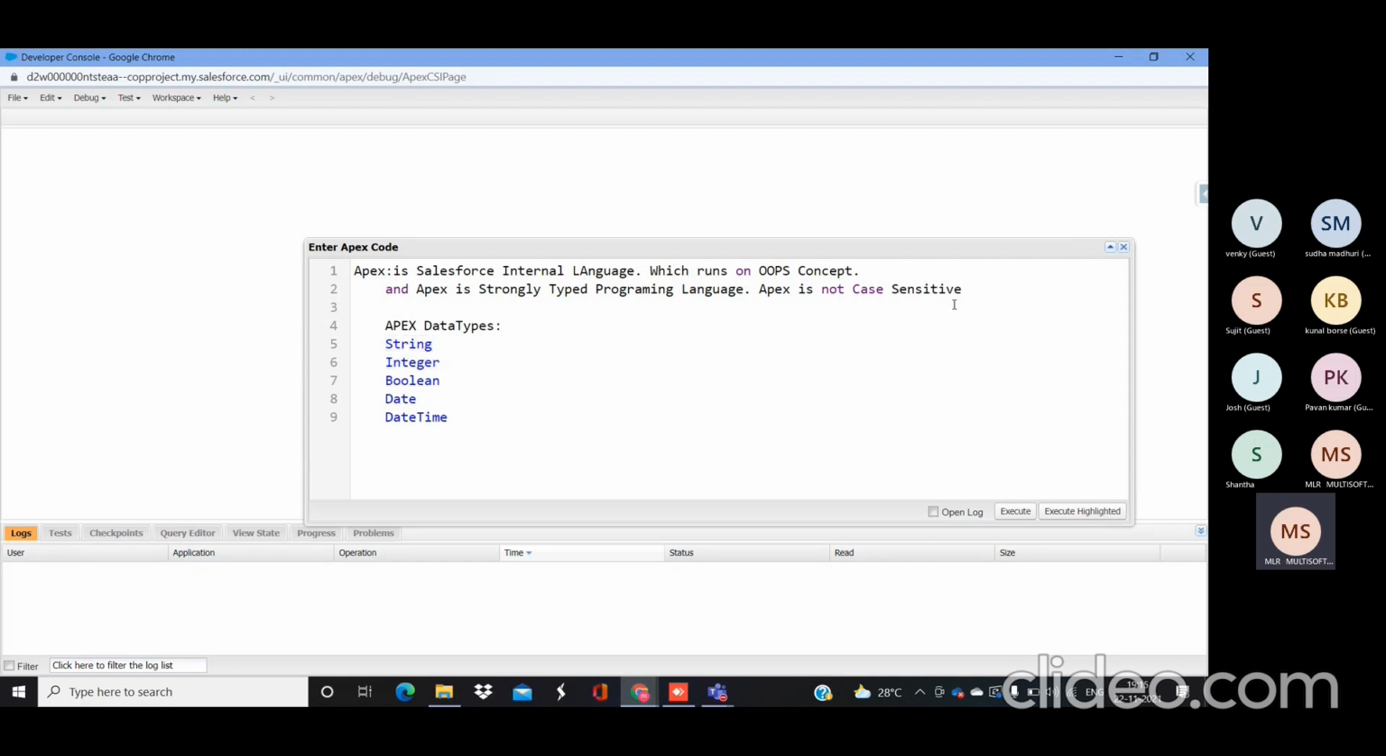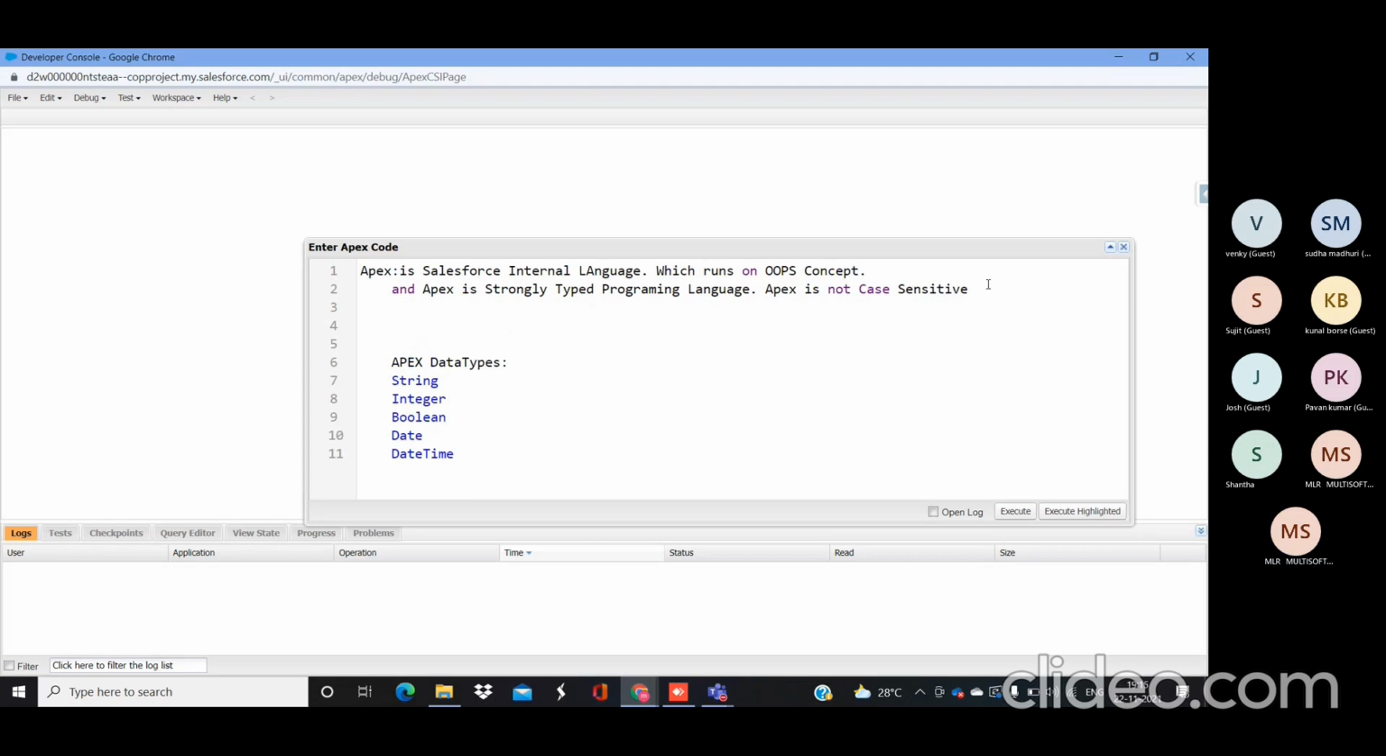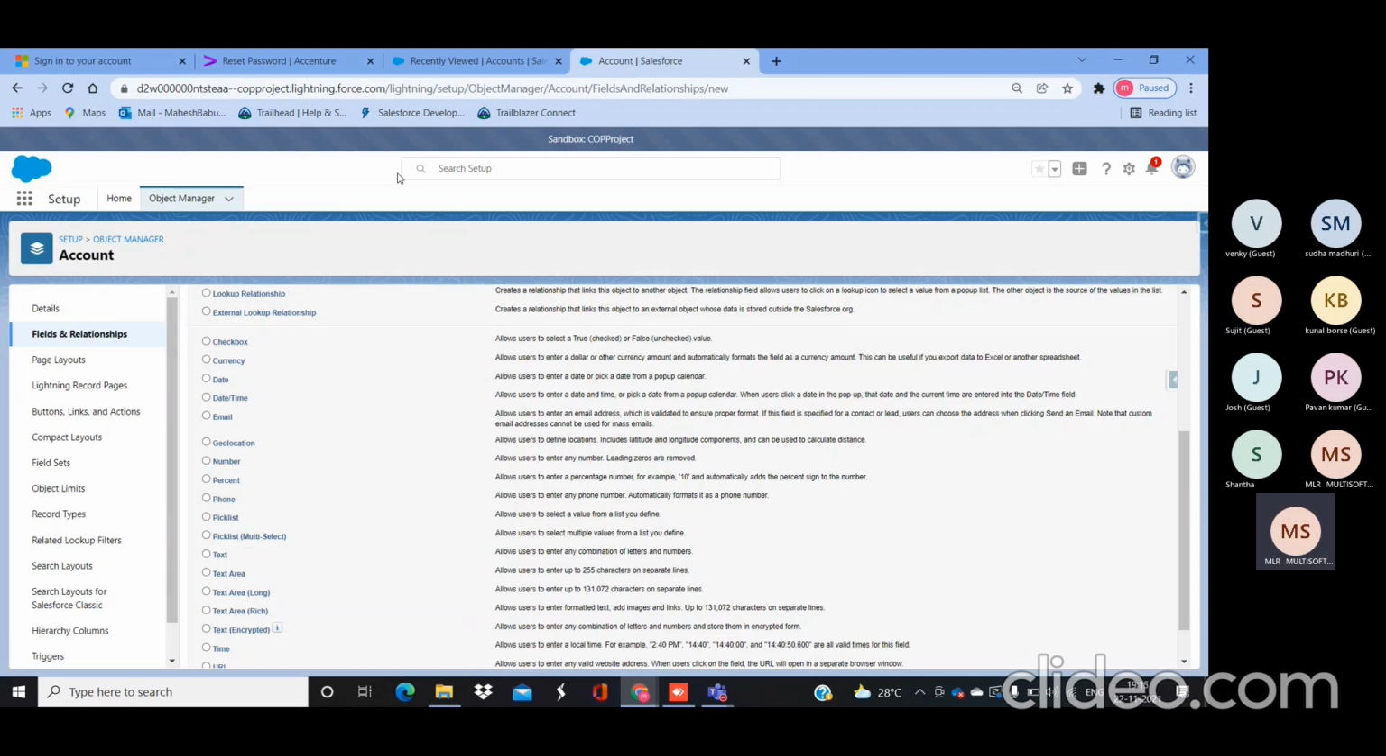And there is one more concept called variable. What is meant by variable here? A variable is nothing but a container or memory location. Whatever data you are receiving from the object level, let's say, for example, as per our project requirement,